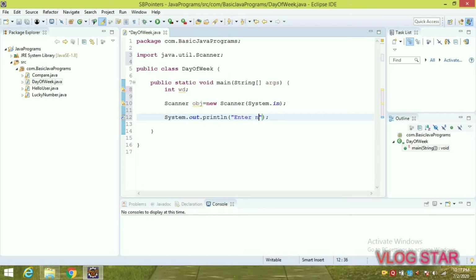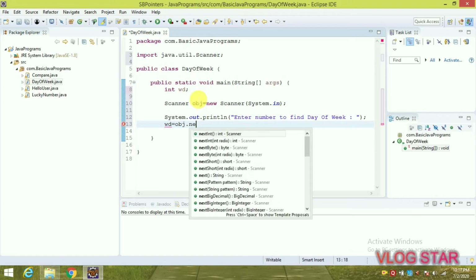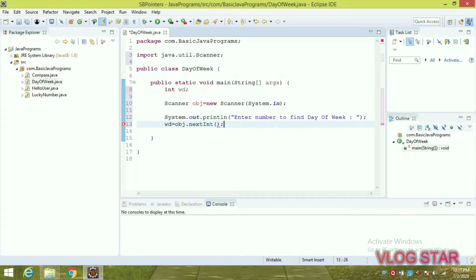Here we are asking the user to enter a number to find the day of the week. Now we will store this number in our temporary variable, which is WD. So WD is equal to the object of the Scanner class dot nextInt, because it is an integer type of number. Now we are taking switch with this WD, and after this within curly brackets we have to take our